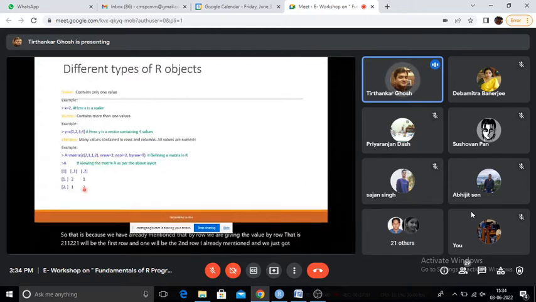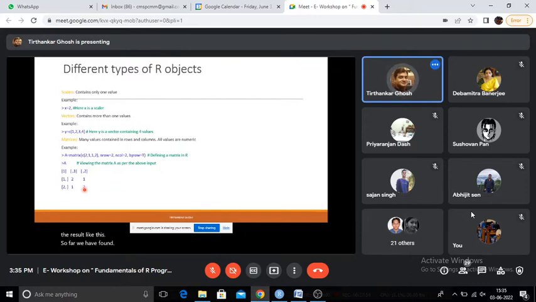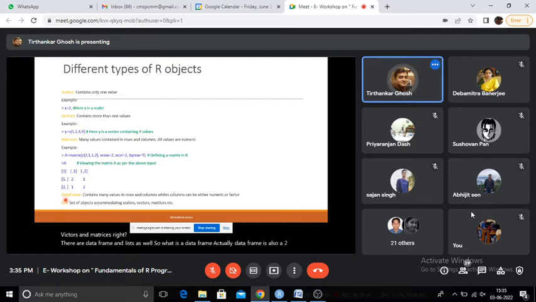So far we have covered simply variables, scalars, vectors, and matrices, right? Now there are data frames and lists as well. So what is a data frame? Actually, a data frame is also a two-way data structure where the columns could be numeric as well as factor.